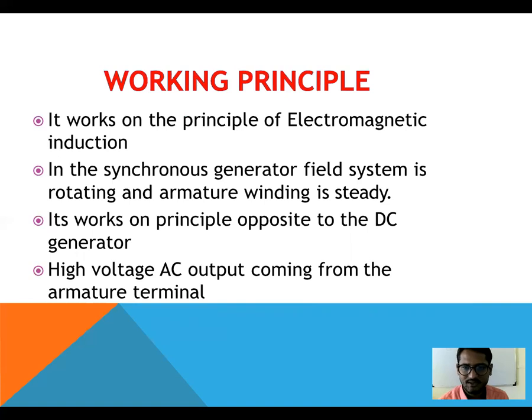That means there are two types of winding present on a synchronous machine. The first winding is the stator winding, while the second winding is the rotor winding. The rotor winding is also called the field winding, and the stator winding is called the armature winding. When a DC excitation is given to the rotor, it creates a fixed north pole and south pole in it. The rotor produces a stationary flux in the air gap, which gets linked with the stator winding.